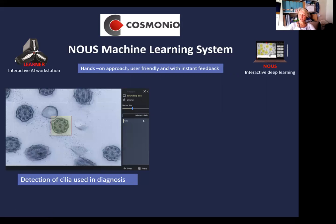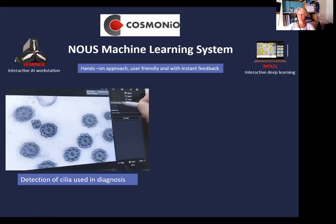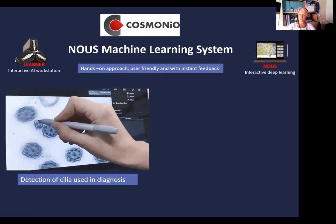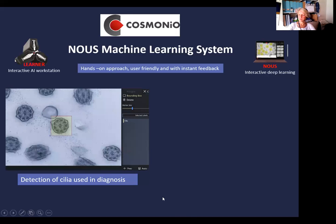So here she's going, yellow, this is a good one. And in blue, we can still use this even if it's slightly tilted. I don't know if you can see that, but it says tilted cilia. So she does this for hundreds and hundreds and hundreds of cilia per hour. So thousands of these have gone in now to train the system. The system then